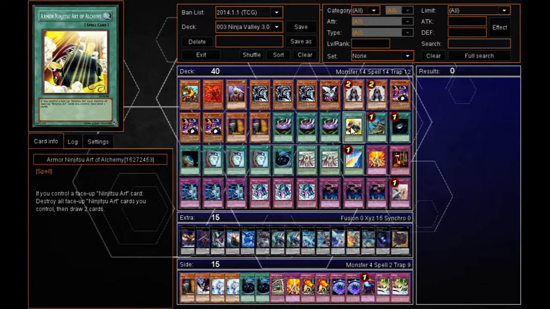Then you got Raigeki, which is a staple. Then you have Dark Hole. You got 1 Terraforming to search out your field spell card, which works well with Apex Avian. Duality, because you don't really special summon that much. You special summon during your opponent's turn. That's where you do all your plays. 1 Mystical Space Typhoon for pesky spells and traps,